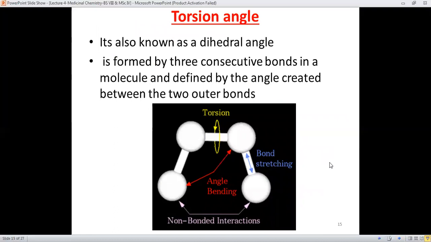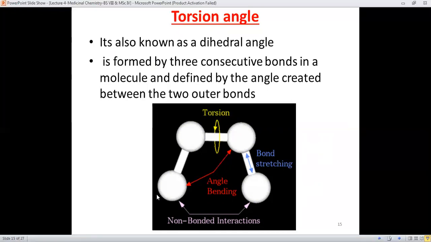Torsion angle is also known as the dihedral angle, and dihedral in the sense that here are the four atoms. If I make a bond like here, and I make a second bond here, it means that here is the bond between 1, 2, and 3 atoms. And if the bond is drawn here like this, it will be the bond between the first, second, and third atom. Then what about the torsional angle? When we draw these angles, we are defining these lengths as simple lines.